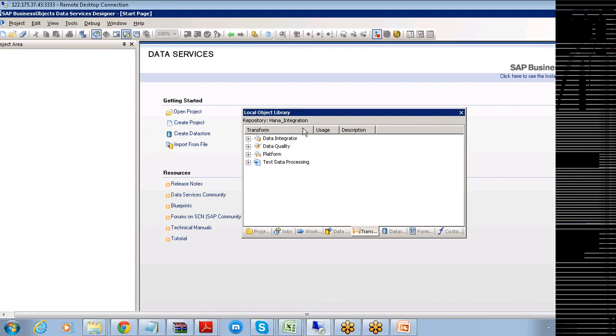These are the different types of stages that we use to convert your source data to the target data, and they are called transforms. Apart from that, you have the data stores, which is important here. I need to create a data store for the source database as well as the target database.